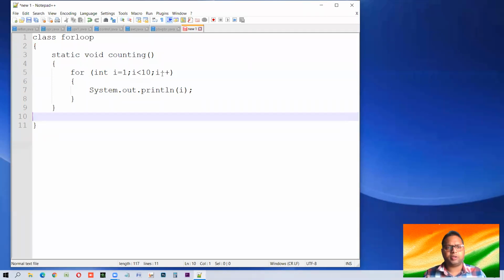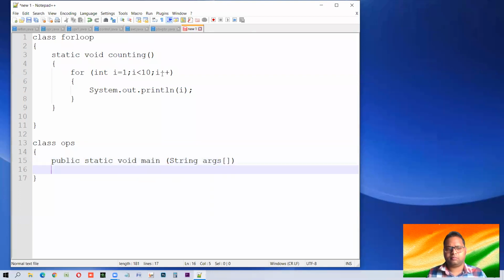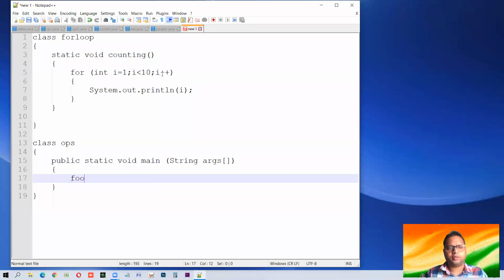Either in the same class or in another class. Let us make the things in another class. Class Ops, operations. We need to write the for loop, because this is the name of the class and then the num counting.